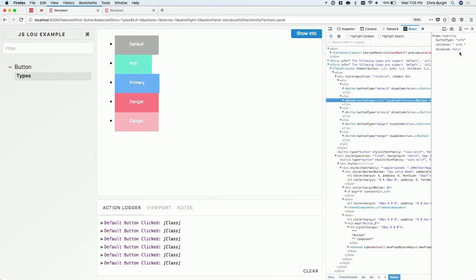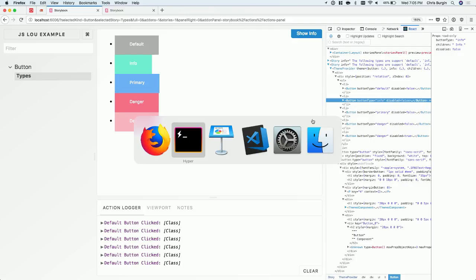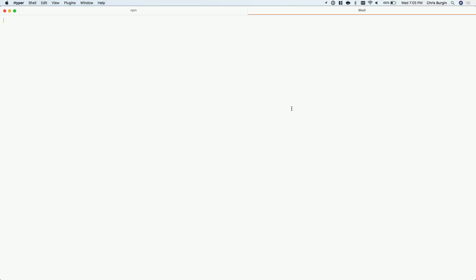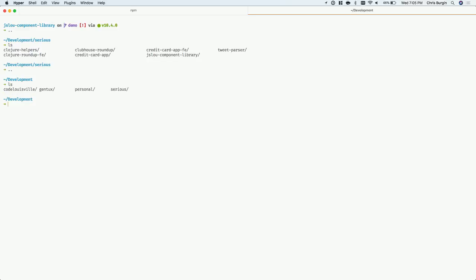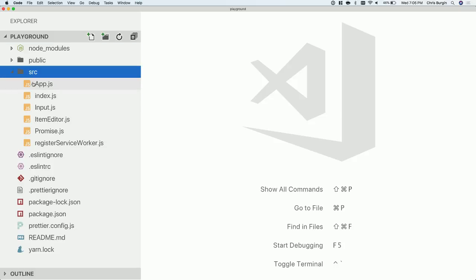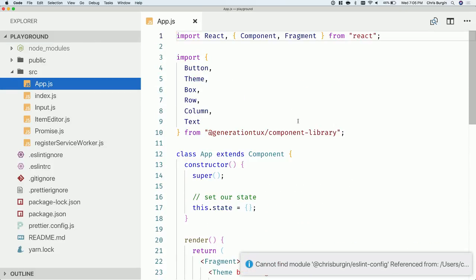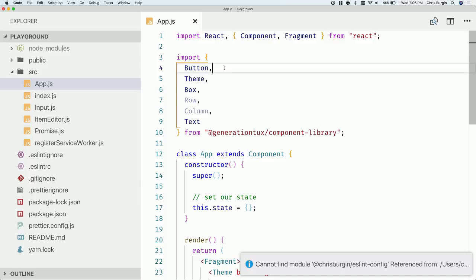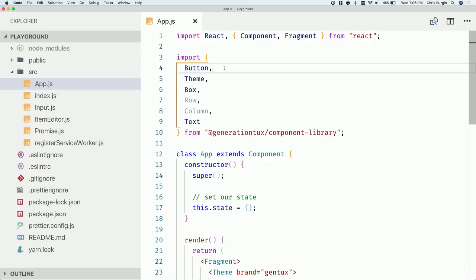So a good example of how we use them is, I think I have a playground here that is just a create React app. Yeah, so you can see right here at the beginning, this is what you would do. How we use our components is we host them on NPM, and you can see we basically just import whatever components we're using from @Generation Tux/component library. And we would link it with a local library and then just develop in either a React playground or